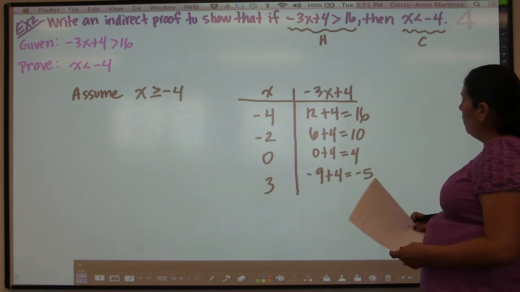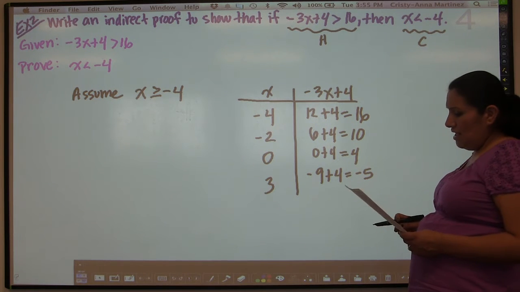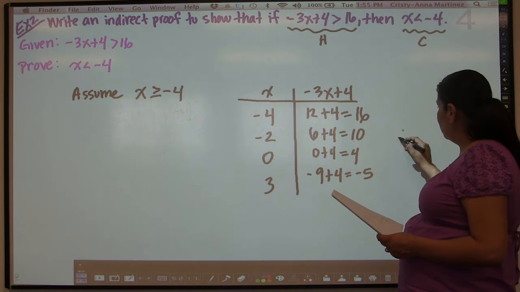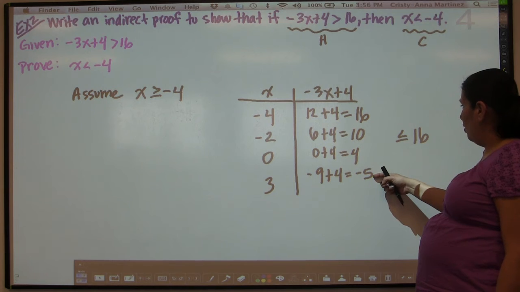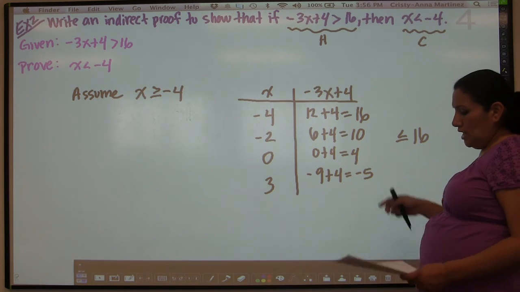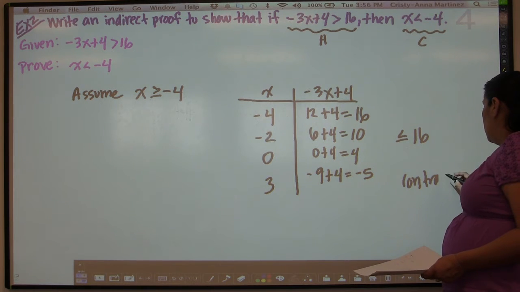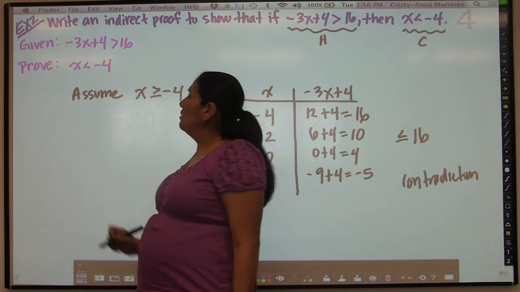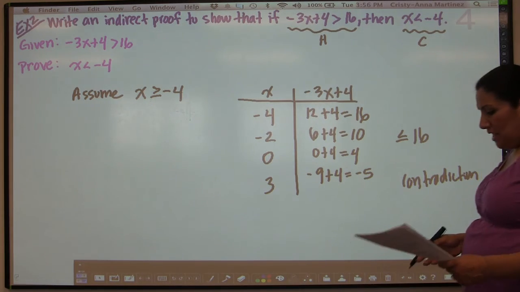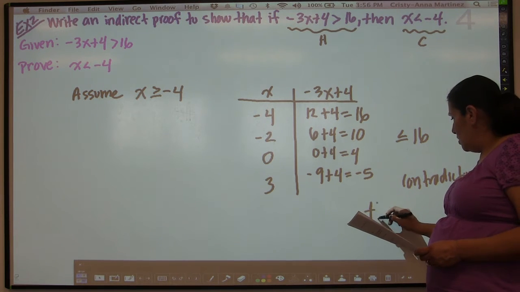All right? Now what we can see here is that all of these values that we're getting are actually less than or equal to 16. This is equal to 16. These numbers here are all less than 16. All right? So that's basically a contradiction, because the given was that negative 3x plus 4 was larger than 16. Okay? So now that we've contradicted that, it means, therefore,